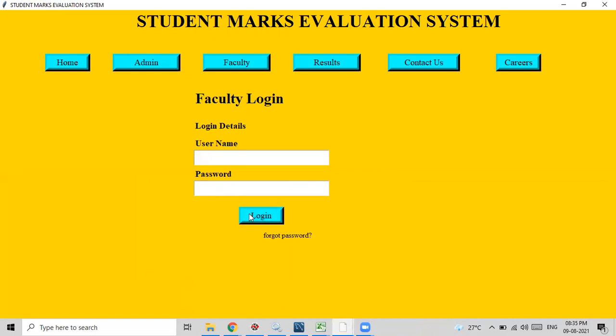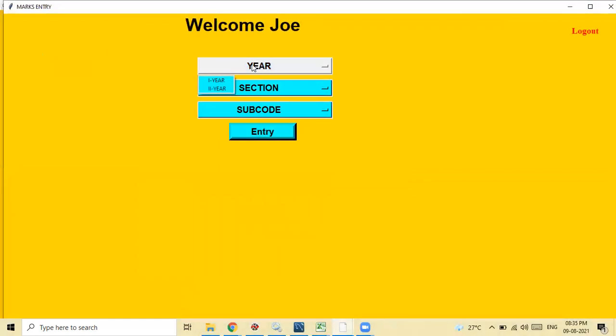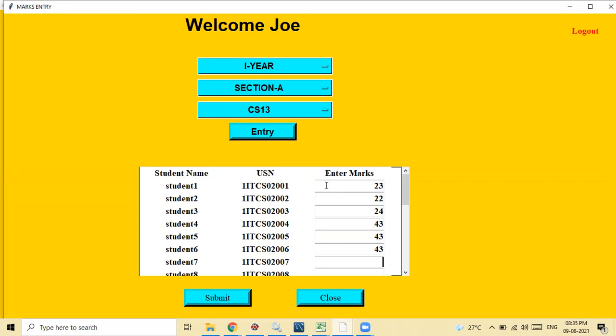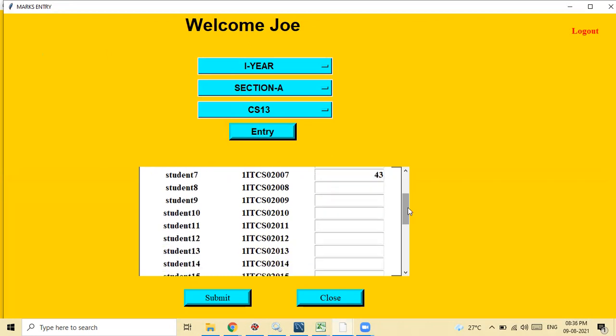Once we log into the system, same thing. He has to enter the marks for first year section A students. CS13 is the subject allotted for him. We will enter the marks of all the students.